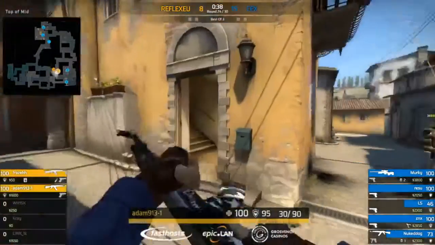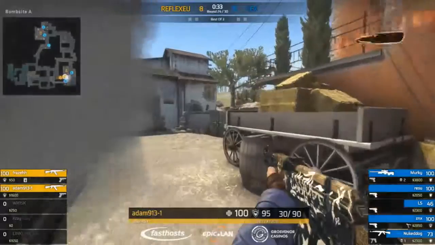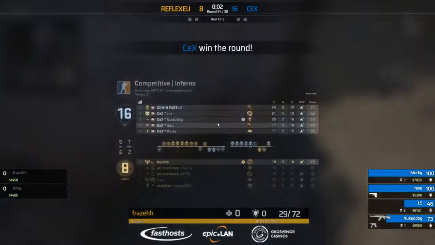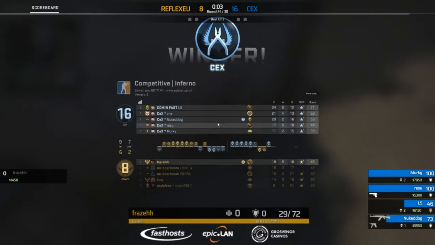Oh, Murky doing so much damage into this round. It's all up to Fraser and Adam to try and pick up the pieces and keep the hopes alive for Reflex, and they can't do anything. It's all down to Fraser, and there it is. CEX pick up map number 1 on Inferno, 16-8, and Jamie, Overpass is